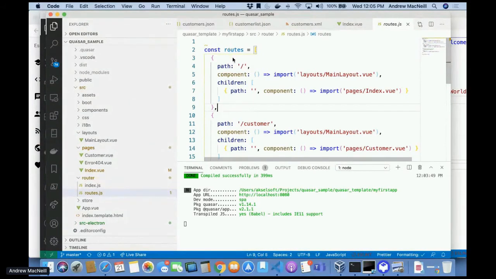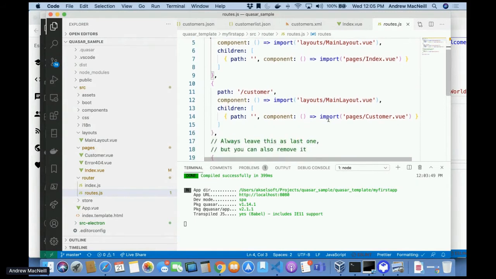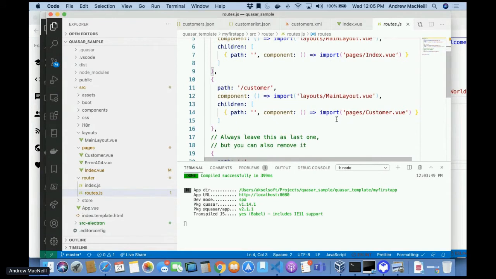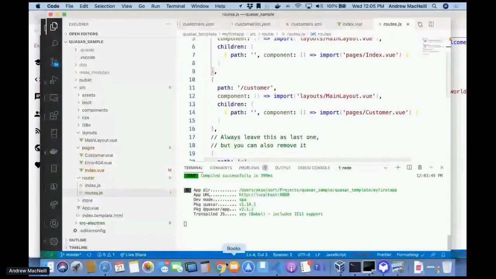So it's saying routes, the main path here, it tells it what template or what layout to give in the background, in this case, the main layout, and then it imports that into index.view. Likewise, if I want to create another one here, I just created one here called customer, and it's going to customer.view. So I have a view down here called customer. If I flip over to my application and I just type in customer,